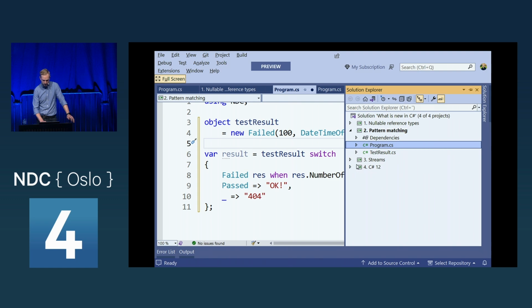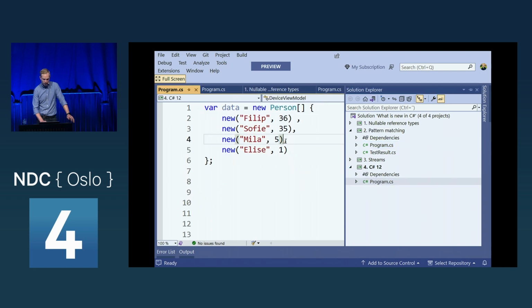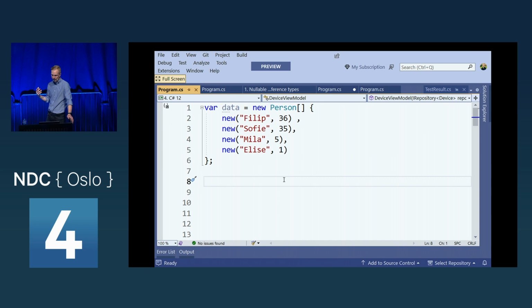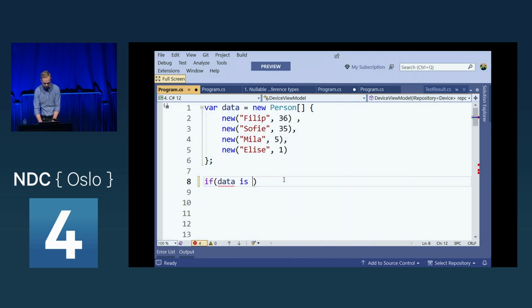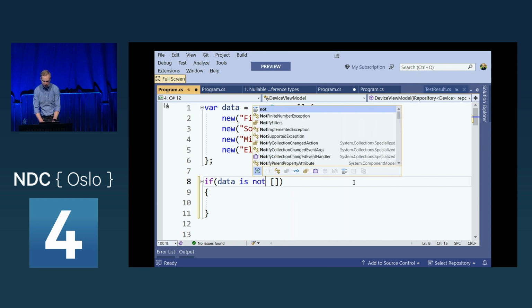11 or 12, let's see here, we also got another way of working with patterns. So I have this list of people here, and I can say that if this data is empty, I want to do this. More frequently, you might want to say if it's not empty.